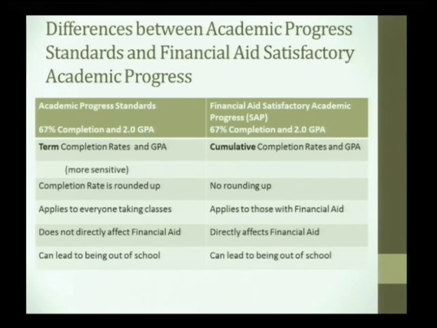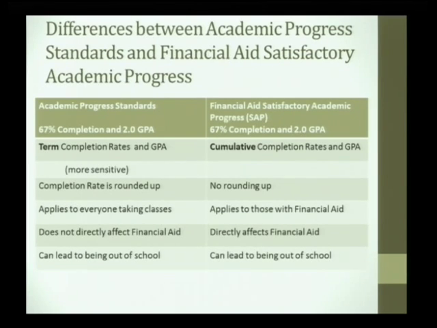The reason we have these be by term is that they're more sensitive, and we want them to be more sensitive. We want them to alert. The reason we call them alerts is that we want students to be alerted to, okay, something's going on. I need to pay attention to what's going on. Either I'm taking too many credits for other stuff that's going on in my life, or the credit load that I'm taking is maybe too intense. So that's what we want students to be alerted to. They are more sensitive, so that hopefully students will recognize what's going on and make a change before financial aid becomes at risk.